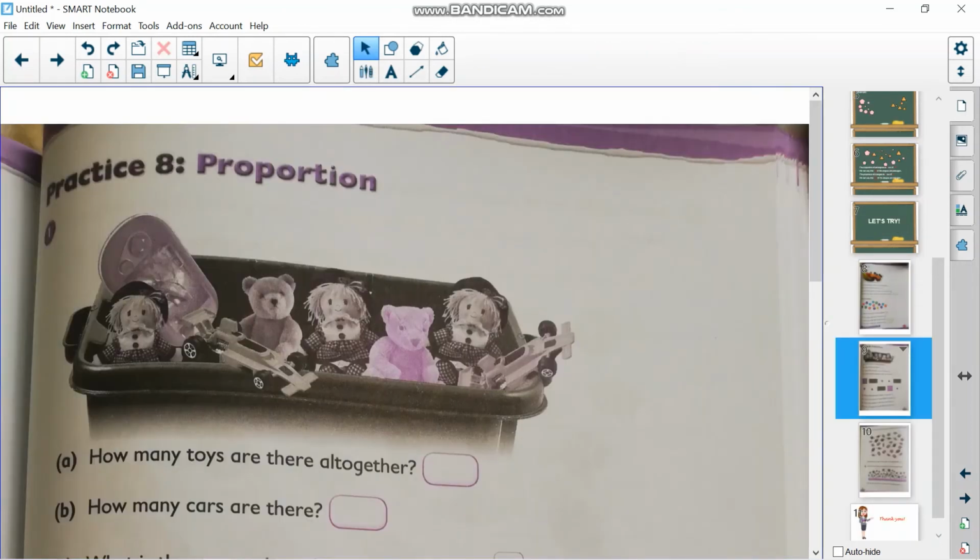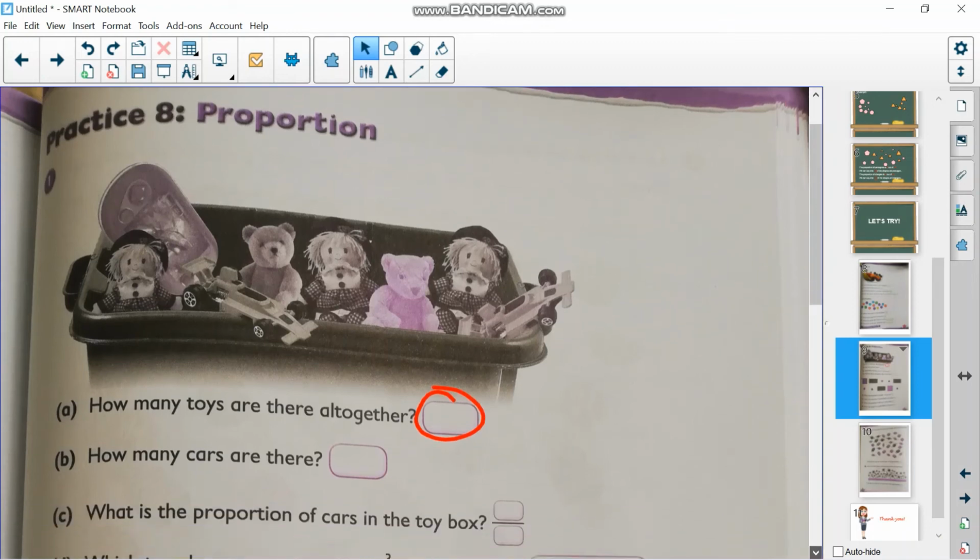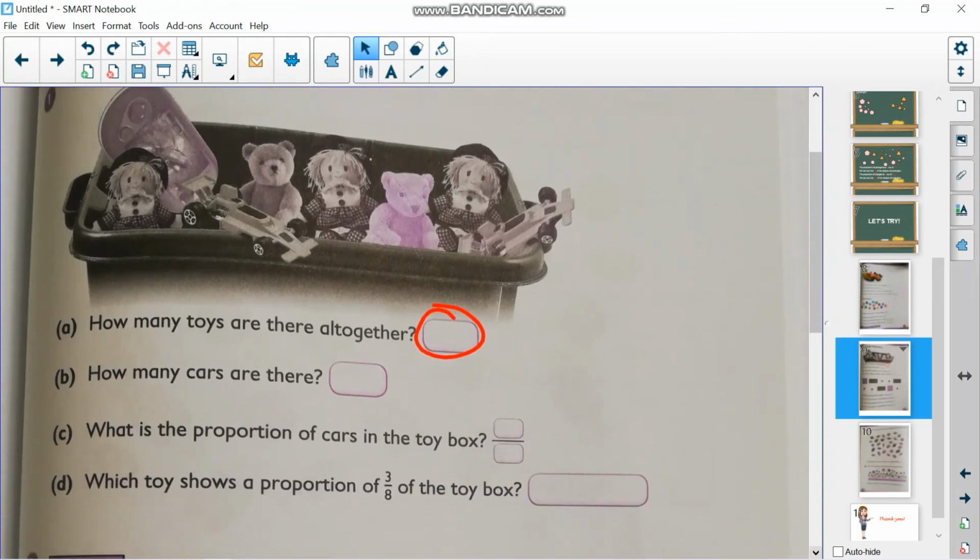Now let's go to your workbook. Number 1. Look at the set of toys inside the box and answer the following questions. How many toys are there altogether? Count the total number of toys and write it here. Letter B, how many cars are there? Just count the number of cars and write it here. Letter C, what is the proportion of cars in the toy box? Write the total number of cars in the numerator and write the total number of all the toys